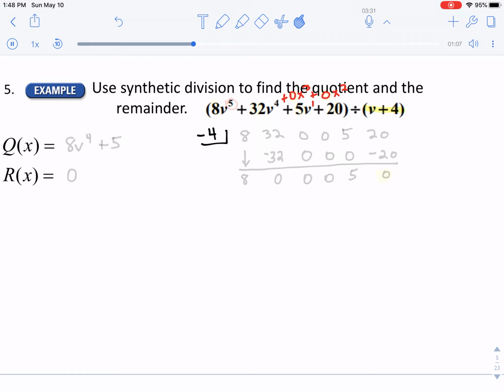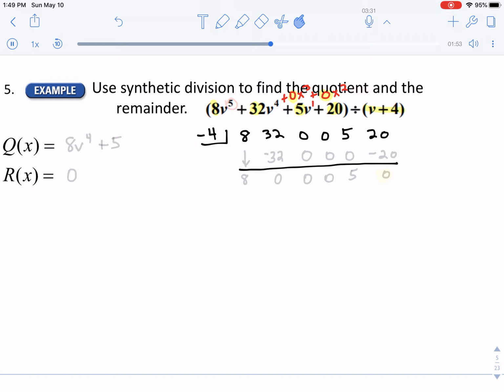All right, now we take our coefficients. The coefficient of the v to the 5th is 8, and we put an 8. The coefficient of the v to the 4th is a 32, so we put a 32. The coefficient of x to the 3rd power is 0, so we put a 0. The coefficient of x to the 2nd power is 0, so we put a 0. The coefficient of the v to the 1st power is 5, so we put a 5. And the coefficient of v to the 0 power is the 20, so we put a 20. Now, we skip a space, we draw a line,